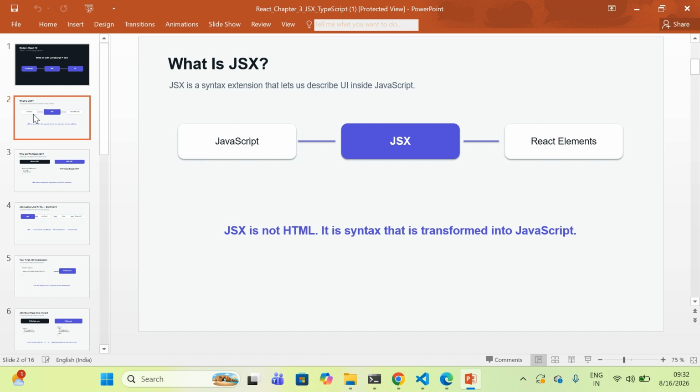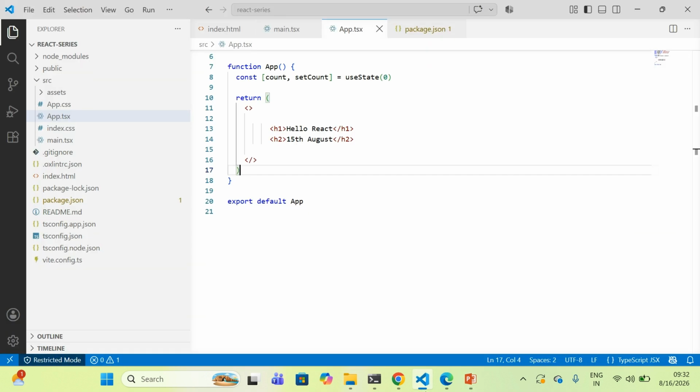And because our project uses TypeScript, we are going to encounter JSX inside .tsx files. So when we see a file like app.tsx, think TypeScript plus JSX. That simple mental model will help us to understand the project structure much more easily.